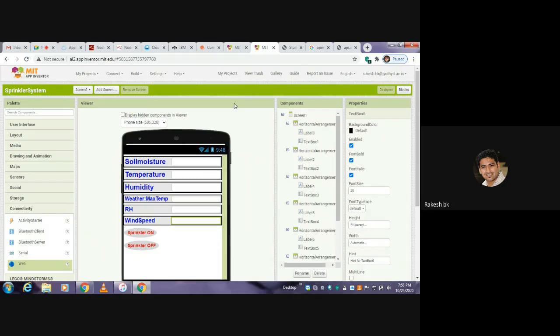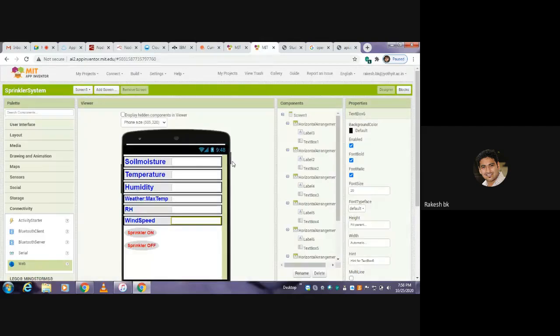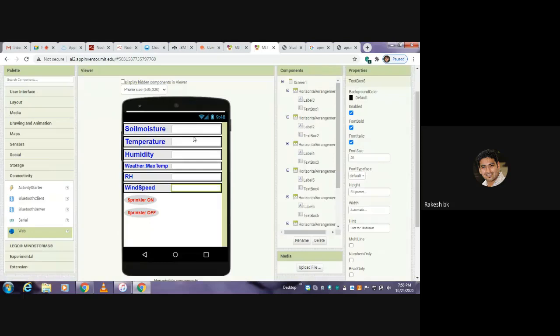Once you have enabled this and it is connected with Node-RED and deployed, that data can be reflected onto your cell phone, right? Based on the data reflected, you can use the sprinkler button on or off for controlling the water sprinkling onto the golf course based on the real-time weather data from the Open Weather source.